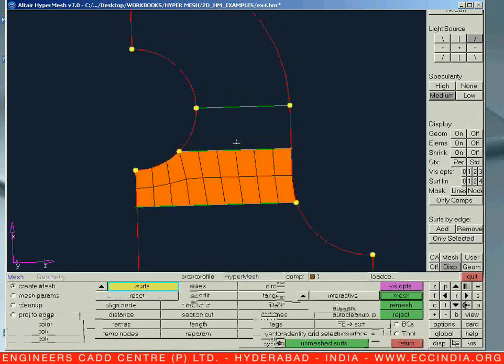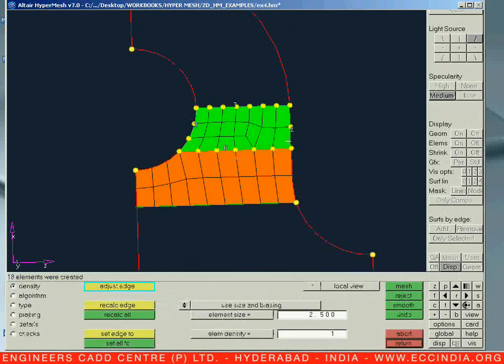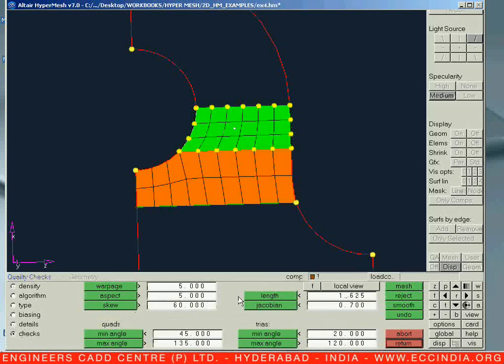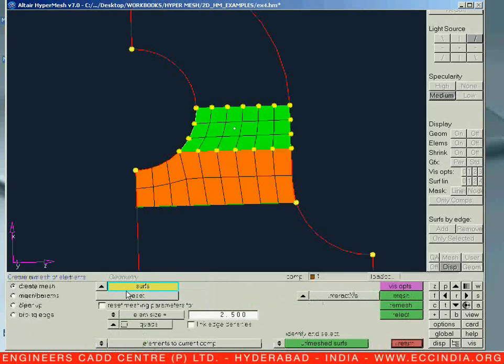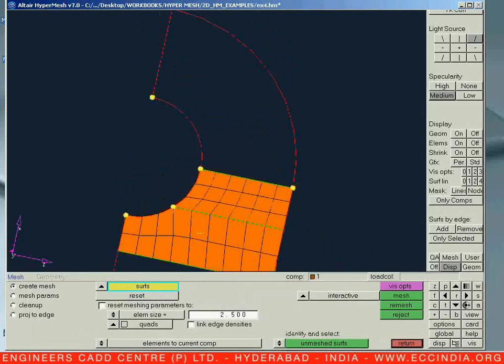Now let us go for this particularly. So F12, select this particular region, 2, 2, 1, 2, 3, 4, 5, 6. So let us drop down to the 6. Let us check for the density, 3 and 3. Let us mesh it, check for the quality aspect of length failure, no Jacobian failure, no warpage, no skew aspects and quad angles. So this is performed.